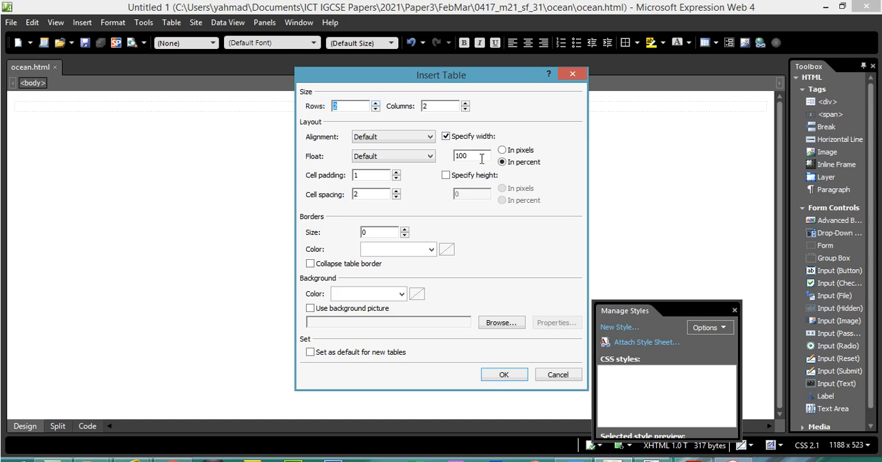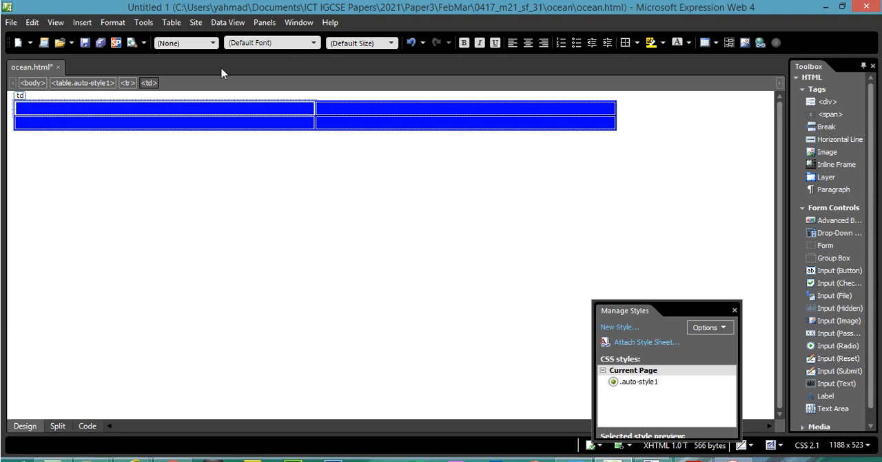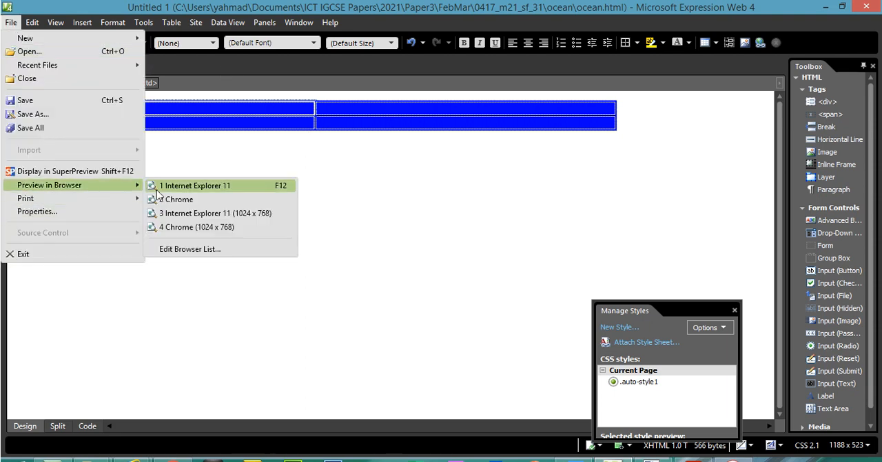So 2 rows, 2 columns, and it's going to be 80% wide. Okay. I'm just going to choose a background color here for the table, just to show you. Here's my table. So if I go into the browser,